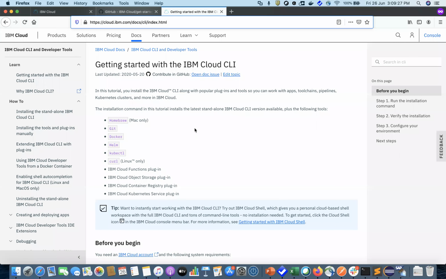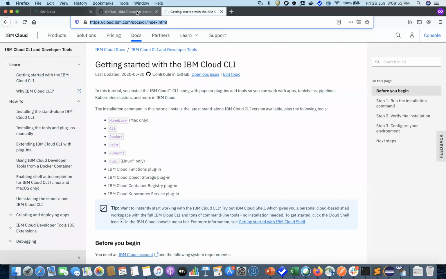Yeah. Okay, so I posted this link on the chat, so you can get into this, and you have all the details of how to install the IBM Cloud CLI. The reason for installing the IBM Cloud CLI is to connect to IBM Cloud from a command line.